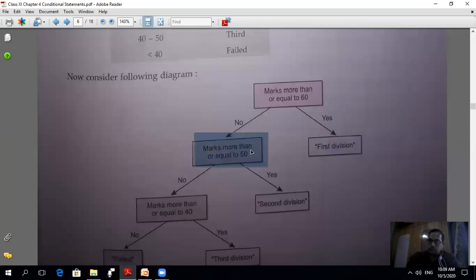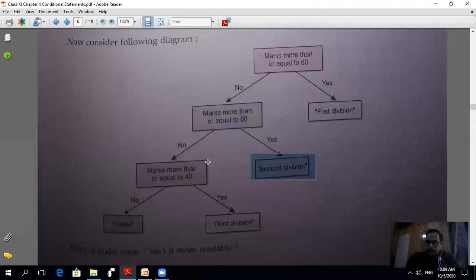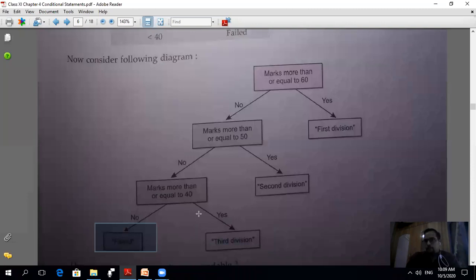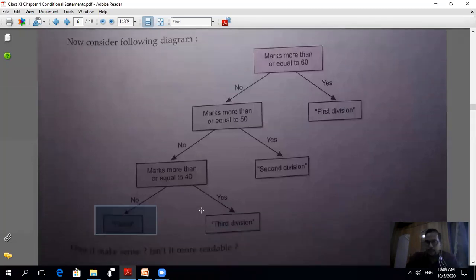Maybe marks is more than or equal to 50. If it is true, then they get second division. Otherwise, come here and check another condition. Marks more than or equal to 40, then third division. Otherwise, if the marks is less than 40, then they failed. So this is the picture of a decision tree in the form of a flow chart. I hope this is clear.